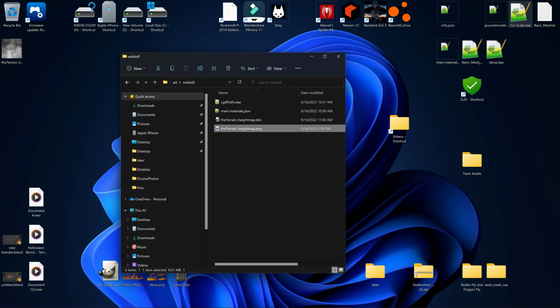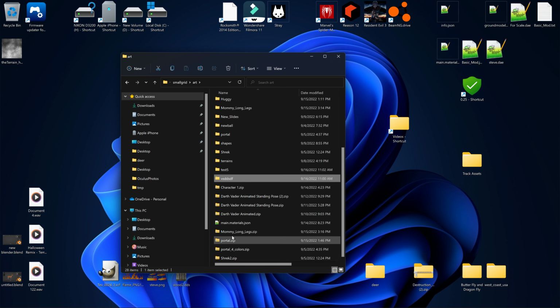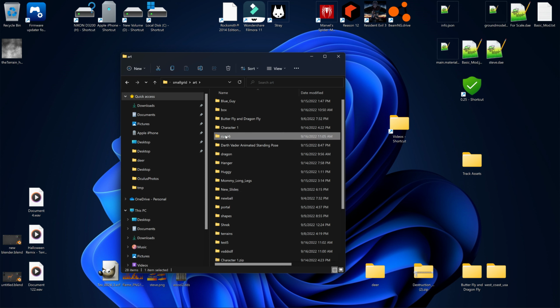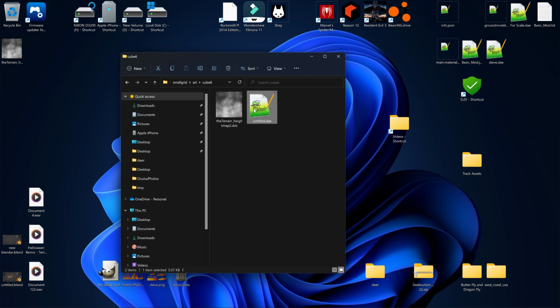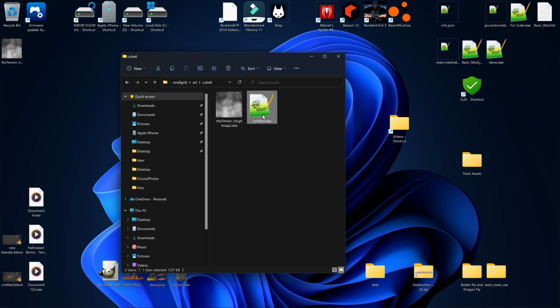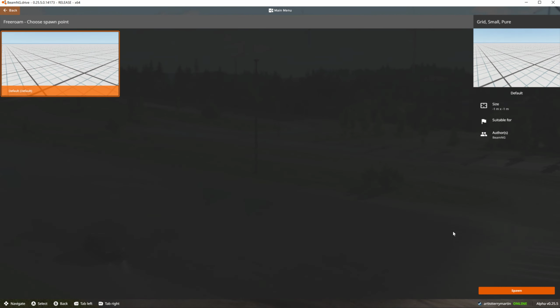Oh, wait a minute. This ain't the set. Where's the new folder that we just made? Let's check, make sure. Yeah, it's just a DAE and just a texture. It's all that's in there. So the game apparently writes the material file based on if the things are all compatible with its ways. I don't know how to explain it, but